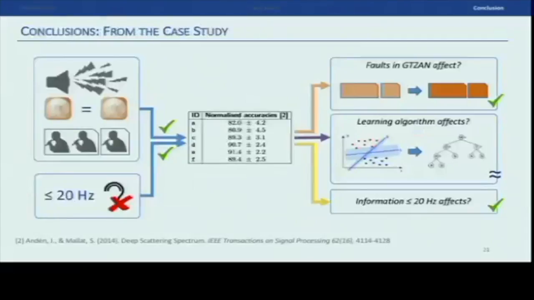So both the faults of the dataset and this information below 20 Hertz, that no one knows where it comes from, are actually influencing the results we observe. At least in my opinion, that means that the systems are actually horses, using information that is not related to the task, the music genre, in order to achieve those results.